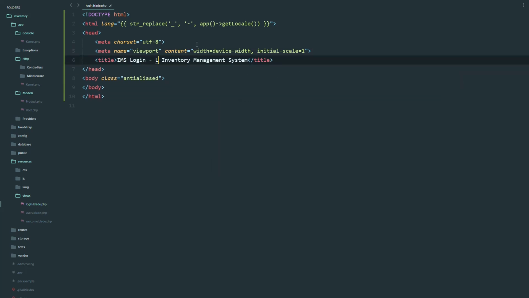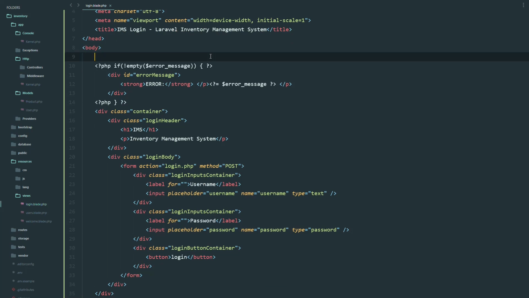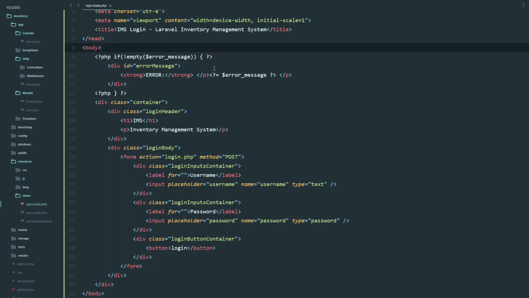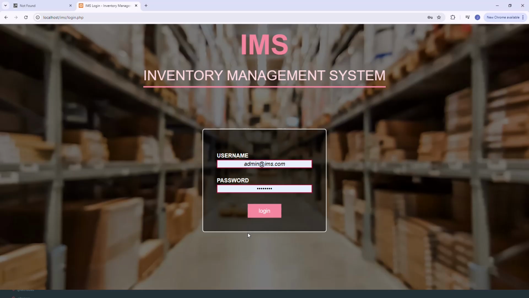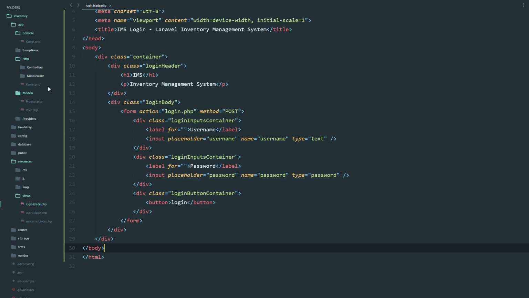Let's update our title and add the word Laravel. Then here let's paste those, and this one let's remove. Right now if we refresh, it's still not found since we haven't added it to our